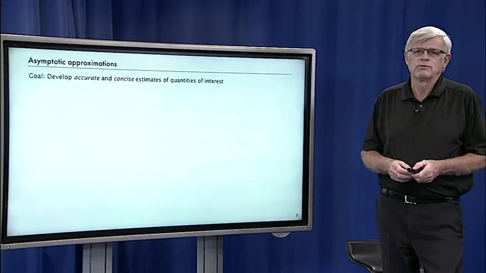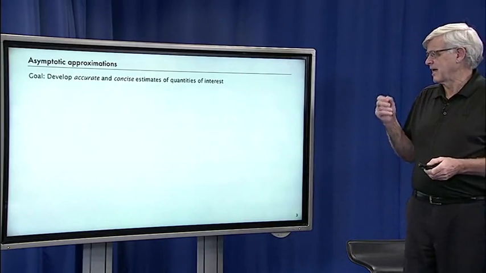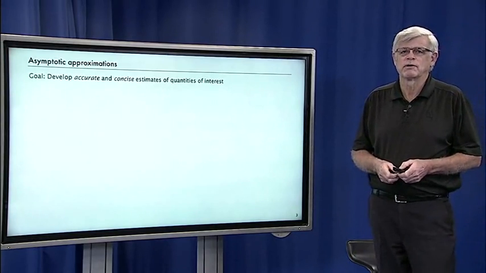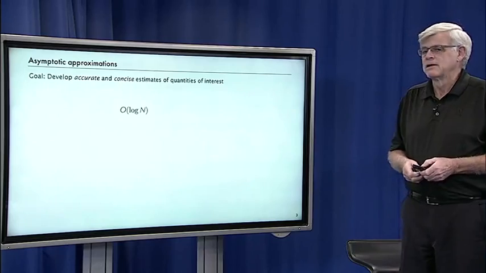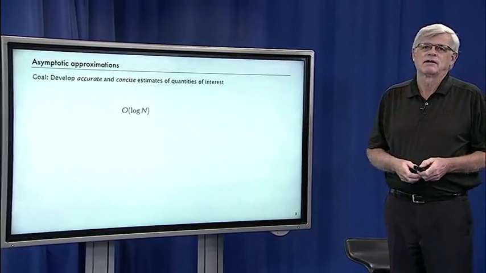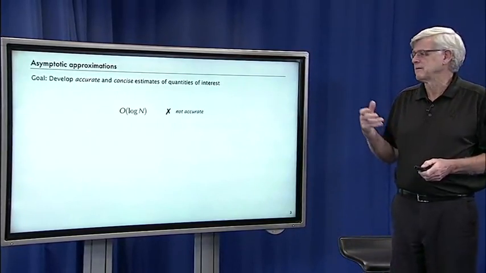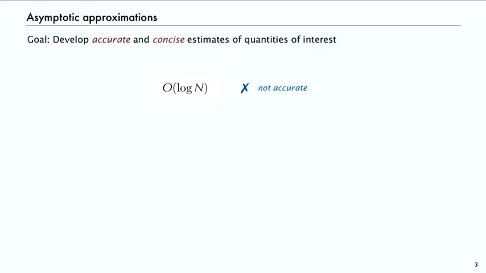So the goal is to develop concise and accurate expressions that give us good estimates of the quantities we're interested in studying. As I mentioned in the first few lectures, the big O notation is really not adequate for this. If you say big O of log n, it doesn't give you an accurate measure of the quantity. It's an upper bound and it's within a constant factor,